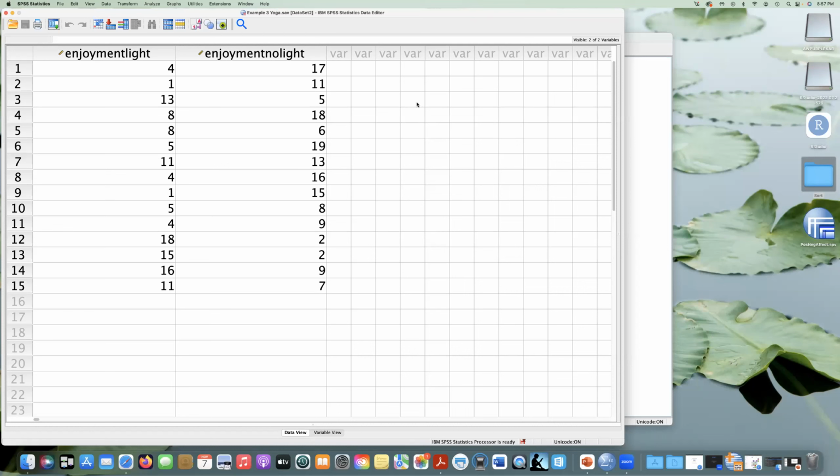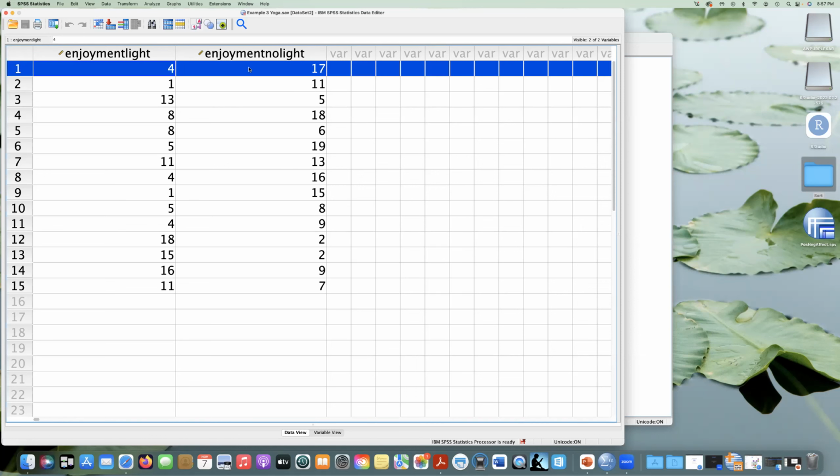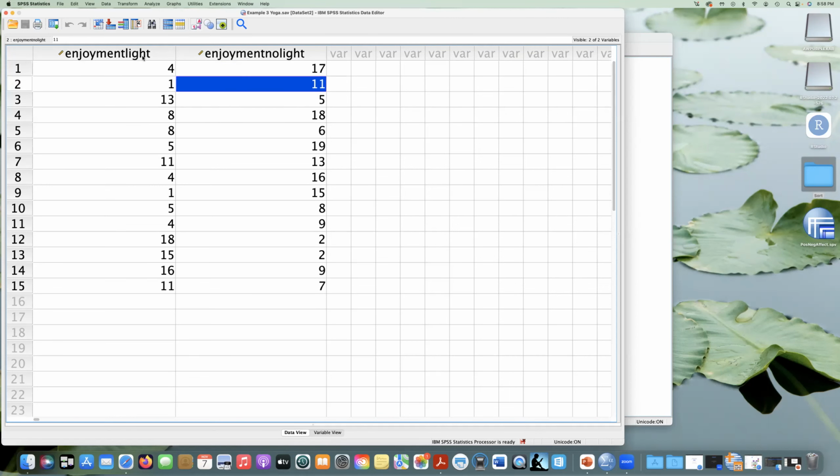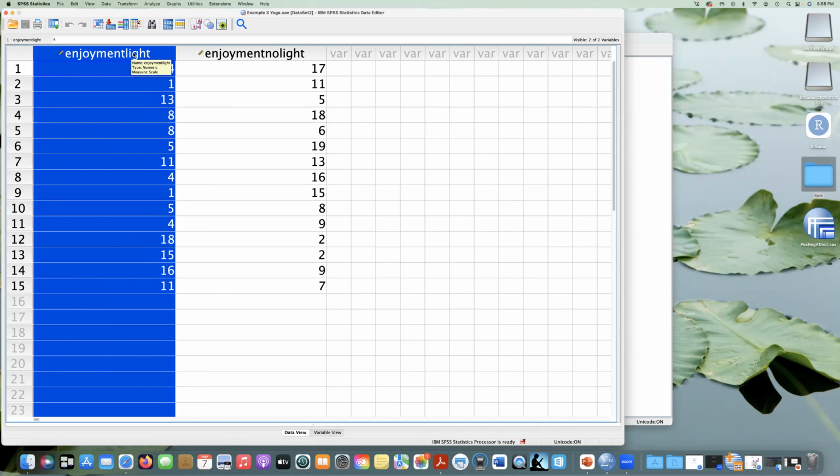So in this example, we have two variables here. I don't have any of the descriptive information, so to keep it simple, we have a yoga data set. And what we're looking at is each person in this data set. So one row is a person. They completed yoga with light, and then they also completed yoga with no light. And after each of these conditions, they completed an enjoyment survey and they noted their enjoyment. So we could look at this descriptively initially, but we're just going to go ahead and jump right into our